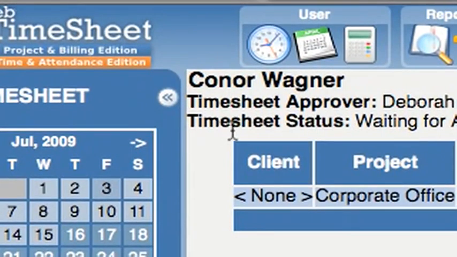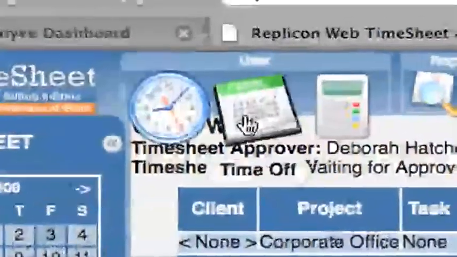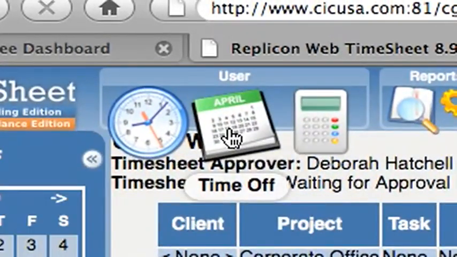Okay, that makes sense. How do I ask for time off? I have a trip to Vegas planned. That one is easy. I'll show you. When you're ready to take time off for a vacation or personal time, use Web Timesheets to submit your request to your CIC supervisor. In Web Timesheets, click on button labeled Book Time Off, then enter in the dates you